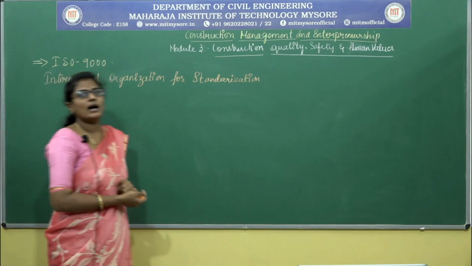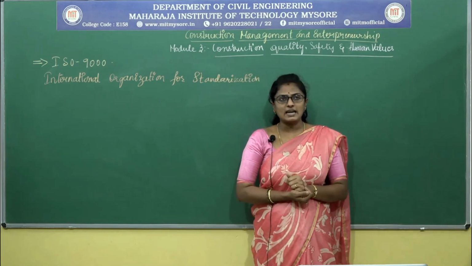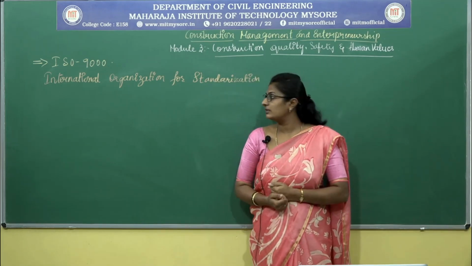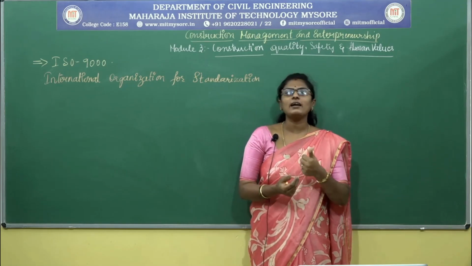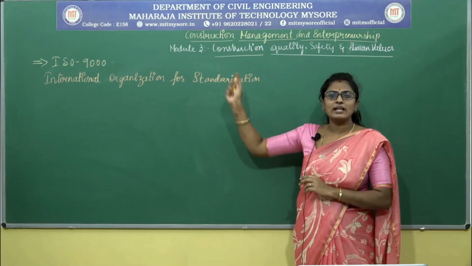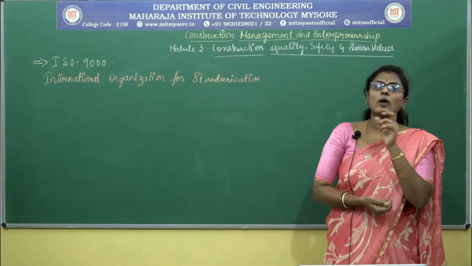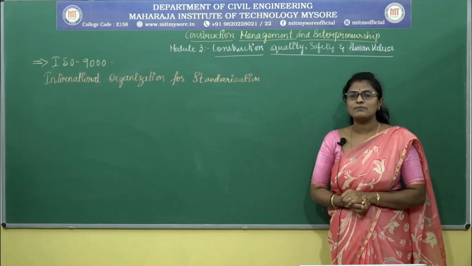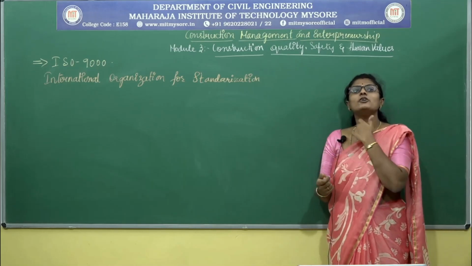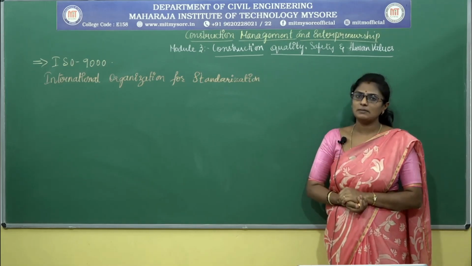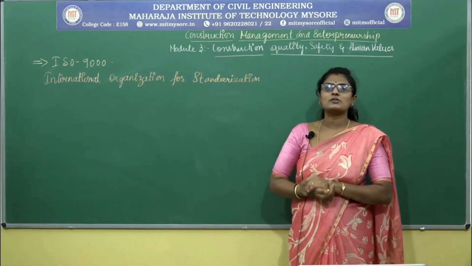So the term ISO describes the series of international standards dealing with the product design, production, delivery, service and testing. ISO 9000 is a set of international standards on quality management and quality assurance developed to help the companies effectively document the quality system elements. So this is how we can describe or explain ISO 9000.